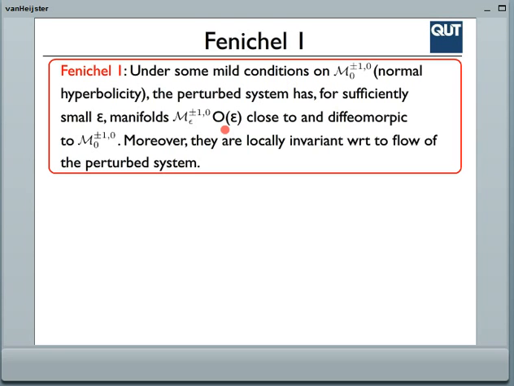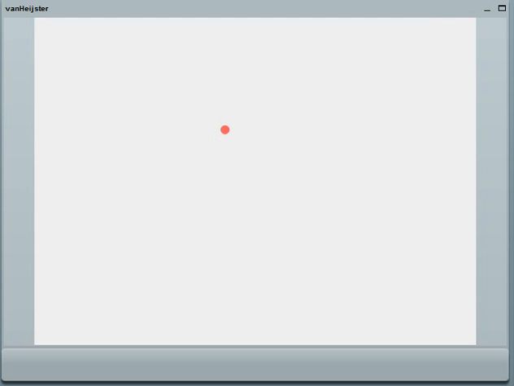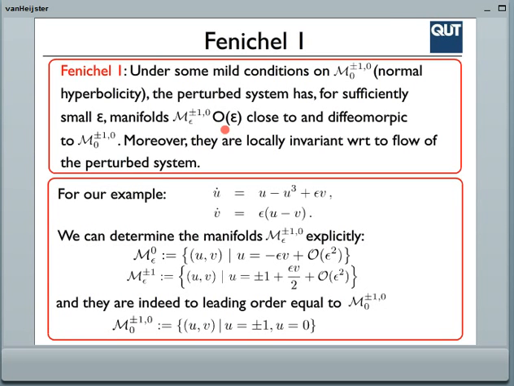And now, from now on, what we can also show is that all these manifolds have a flow, of course they're not fixed points anymore for the complete system, but the flow is what we call locally invariant, so it will only move in a slow direction. For this example, which we did over here, because we chose it correctly,